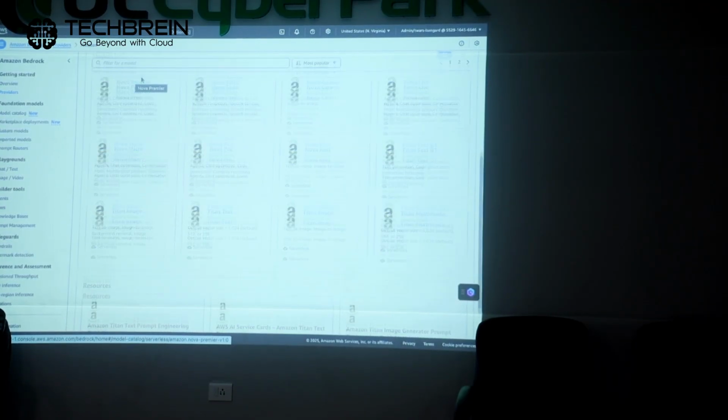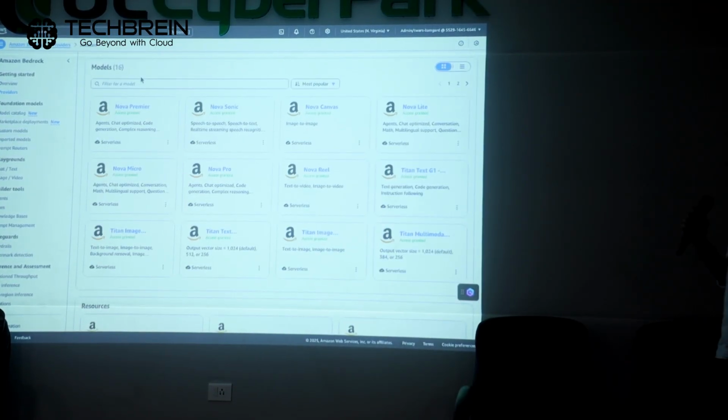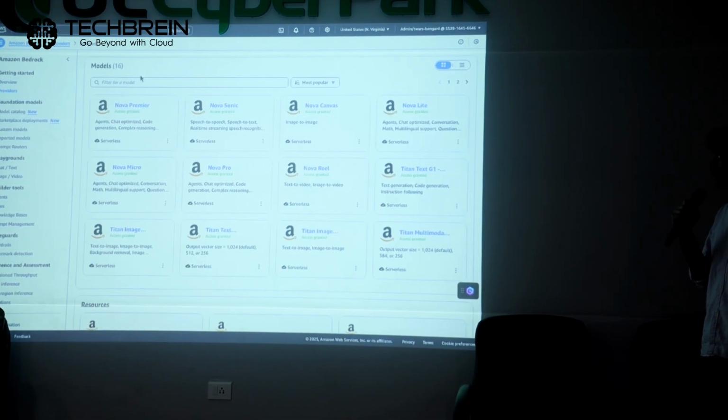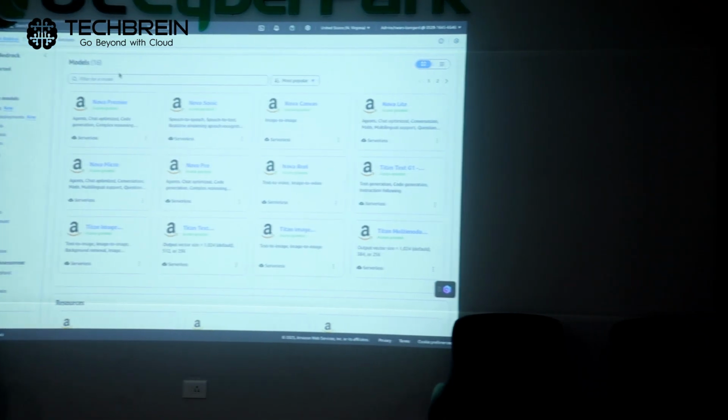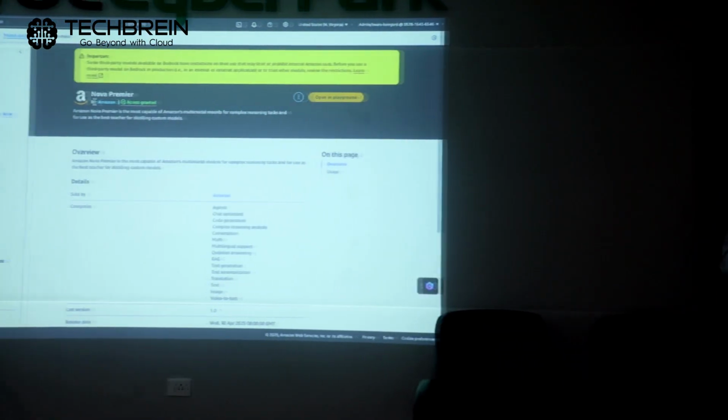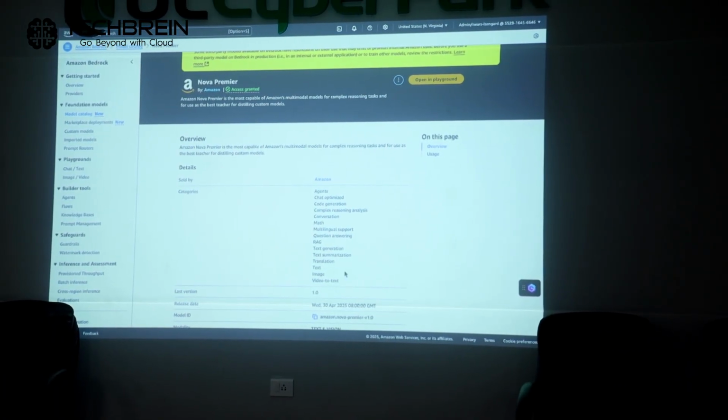And then if you look into, for example, you can't direct. So like I said, all the models need to be accessed through an API. So where do you get those APIs from? If you click into that model, for example, if I click on Nova, first it will show me what the